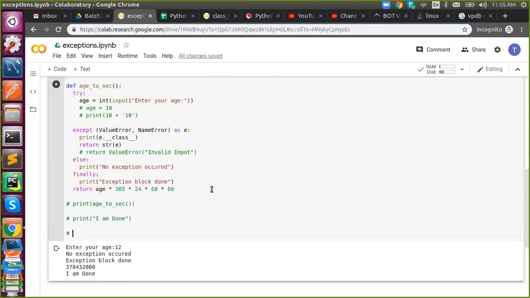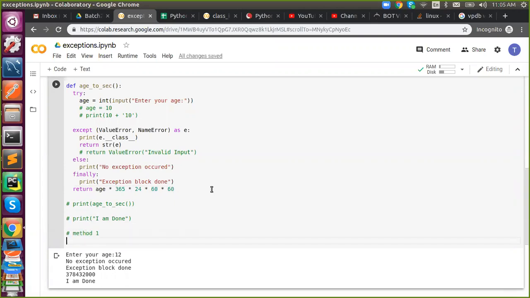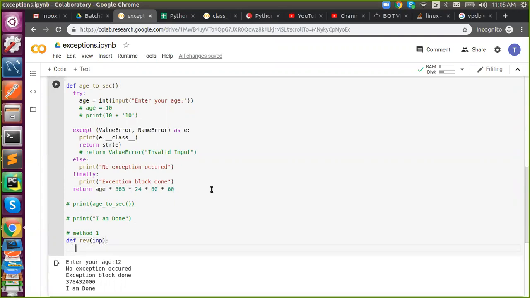So let's say method one, what you said: with the help of a for loop. How do we reverse a string with a for loop?